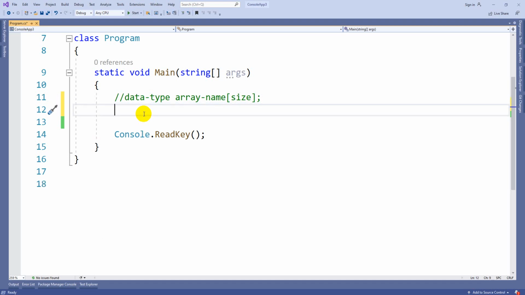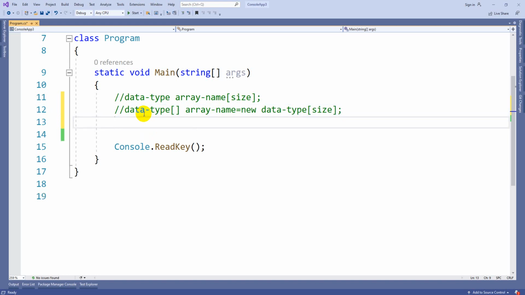But in C#, it is different. You write the data type of square brackets, array name, is equal to new data type of square brackets, and you mention the size.